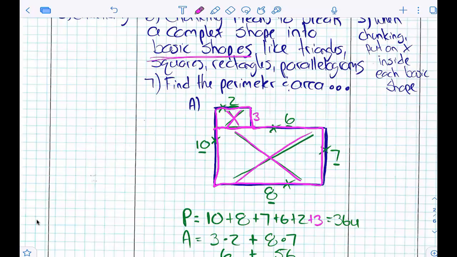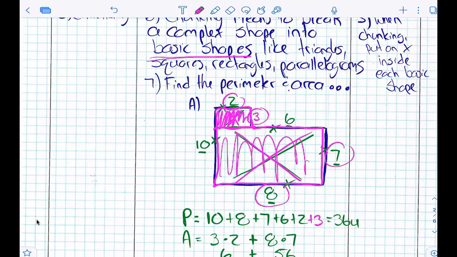So the area of this shape right here that I'm shading in is 2 times 3, base times height, right? The area of this thing that I'm shading in is 8 times 7. Remember, not this 10, because this 10 goes all the way up. The shape ends right there, yes? So we add up our area of the small shape and the big shape, and we're good to go,